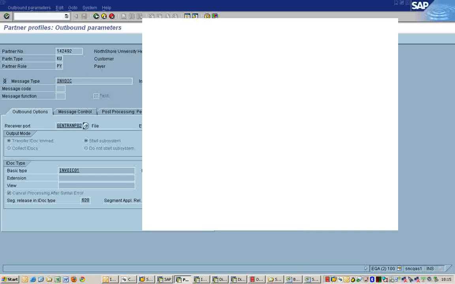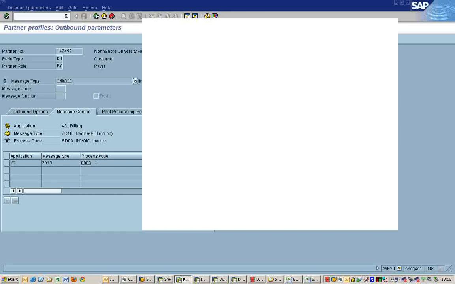So in WE20 we maintain the partner profile with message type, and each partner profile will have a process code. Process code actually converts your document to an IDOC file. This whole thing, the process code, is a function module created by an ABAPer. As a functional consultant, we are not bothered about this.